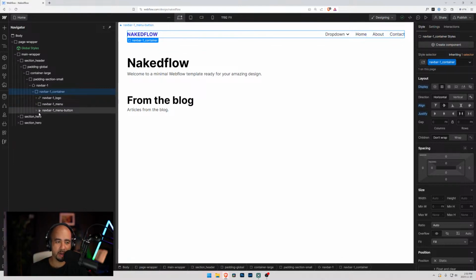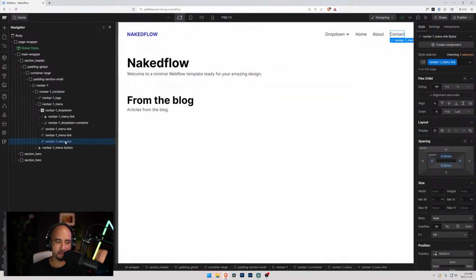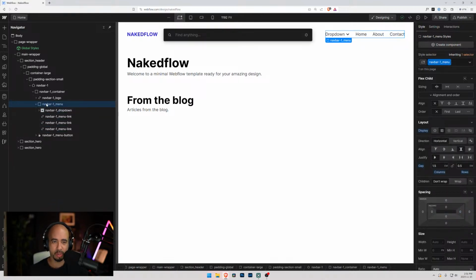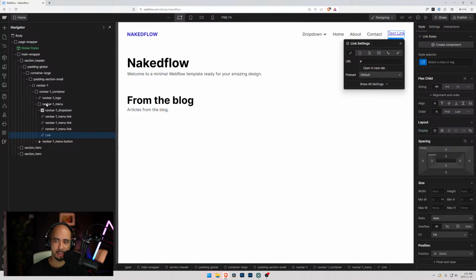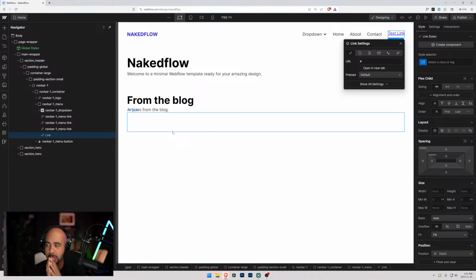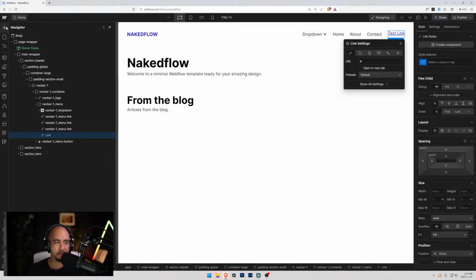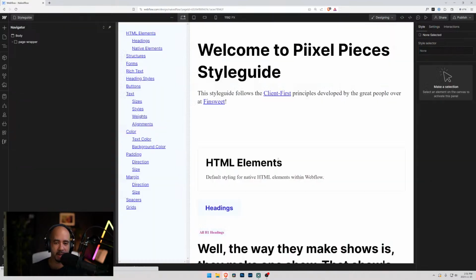So this nav bar has the drop down item and just basic menu items. Now we're going to want it to have a button. So it's not in the drop down, it's in here. We're basically going to have to put in another link, but of course we want this to be a button. So let's think about what our class needs to be. If we go into our style guide,